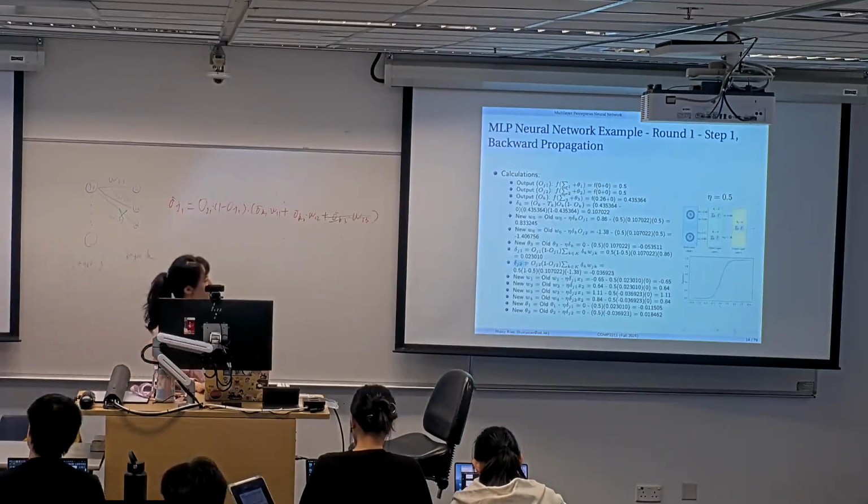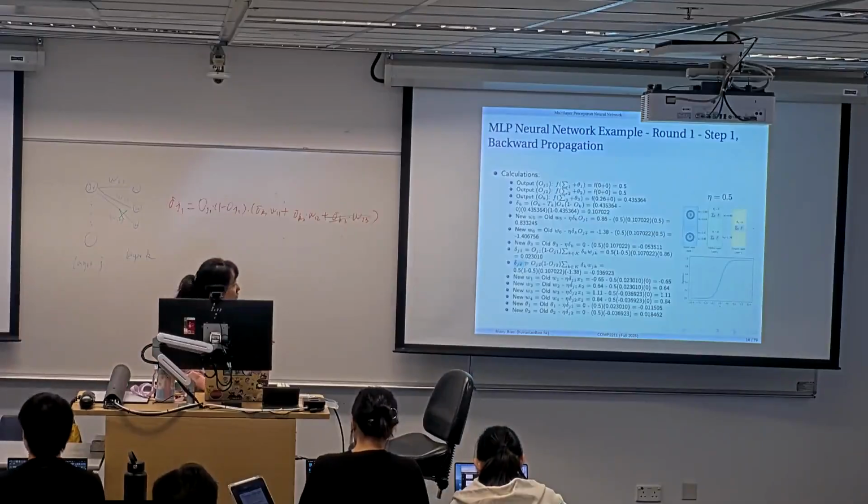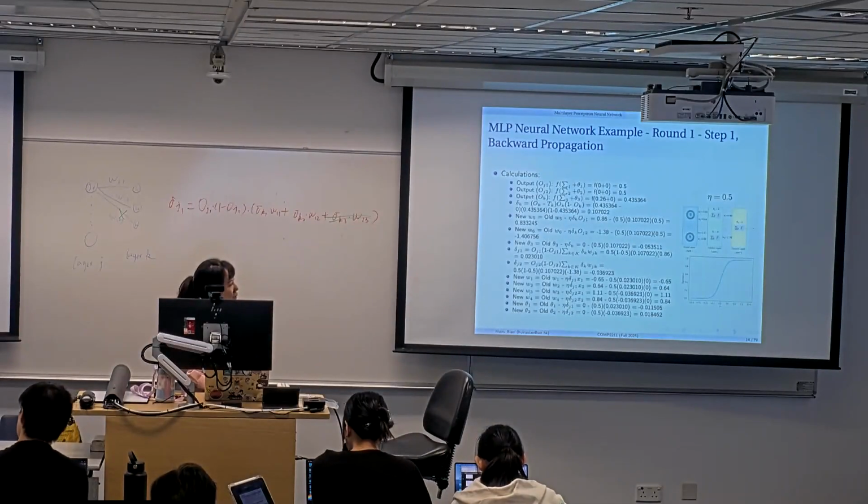So after delta J2, as you can see, W3 is updated using delta J2, W4 is updated using delta J2, and theta 2 is updated using delta J2. Of course, when you're updating all these weight parameters W1, W2, W3, W4, you also need to get the corresponding